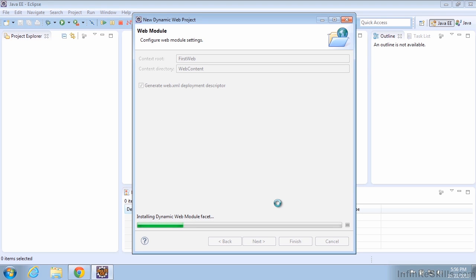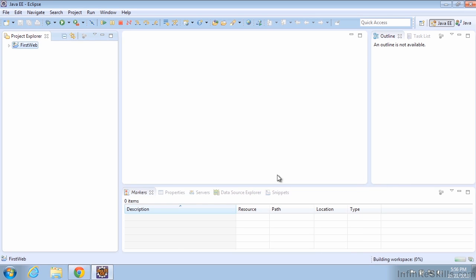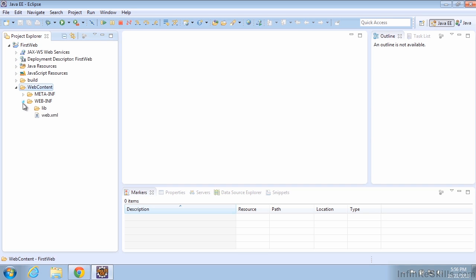That creates our web project here, and you'll see it come over into the Project Explorer here once we're done. And you can explore this. You can see there are different things about this project, but what's most important to us at this point is this web content folder. And we did do the web XML file, so you can see that this is the